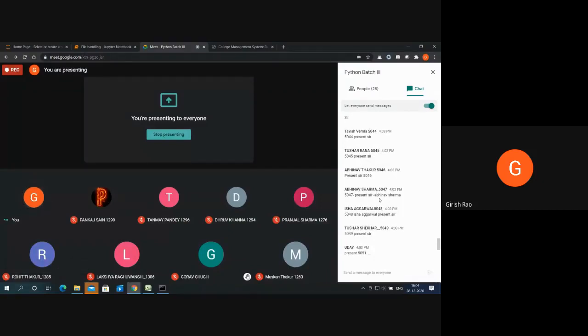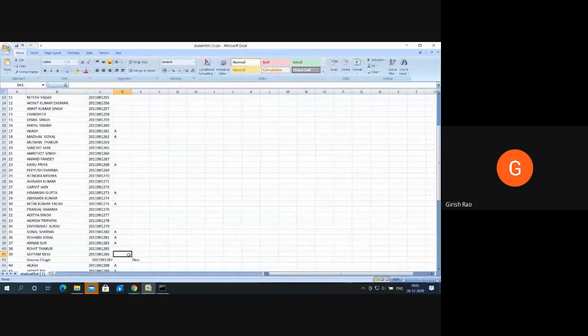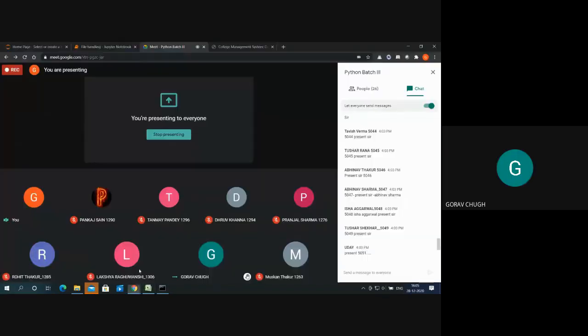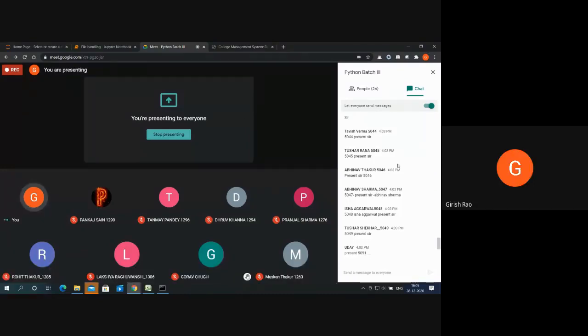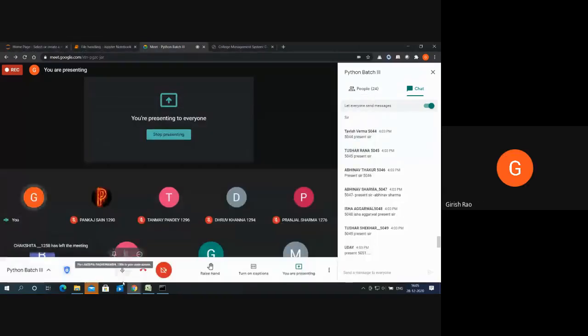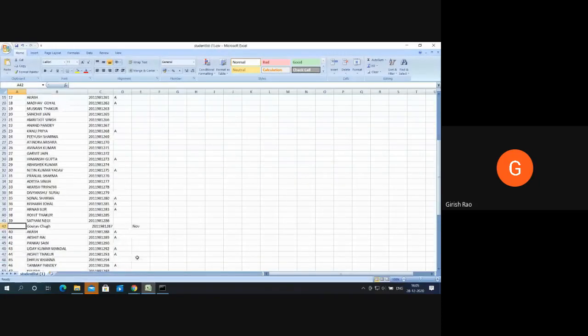Okay, sir, please check roll number 1287. See, I noted it down. I'll check it. Okay, thank you, sir. Any other doubts or queries? Sir, 1290. Let's see, 1290. Seats present, Pankaj.